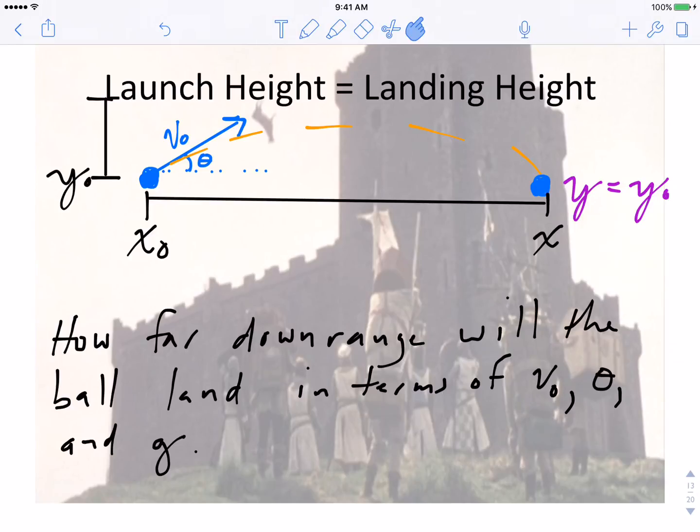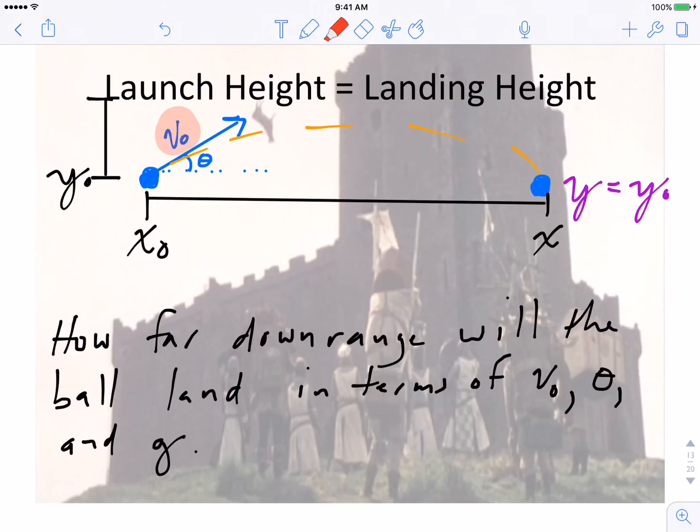All right, this presentation is building upon some stuff we talked about in class. I'm going to go through, first of all, approaching a problem where you're not given any numbers, but you're simply given variables. So the setup that I have here is that a projectile is launched with an initial velocity of